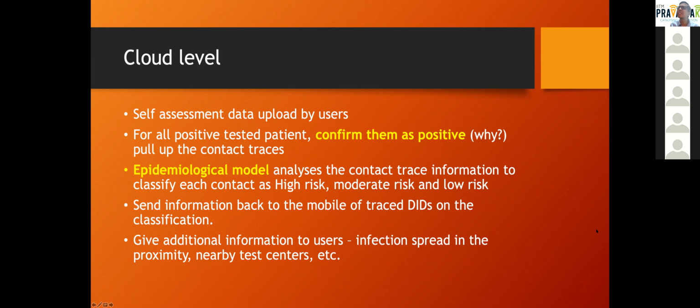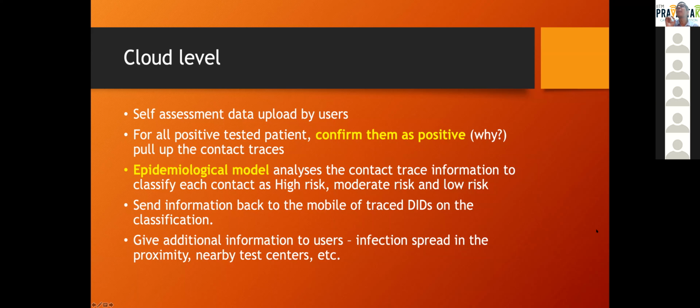D is at a distance of 4 meters but spent half an hour. Now I can say, okay, B, you should go and test him because there is a high risk for him to have contracted the disease. C, maybe he's at a low risk, just ask him to be careful. And D, he doesn't have any risk, he was 4 meters away, so there's no issue.